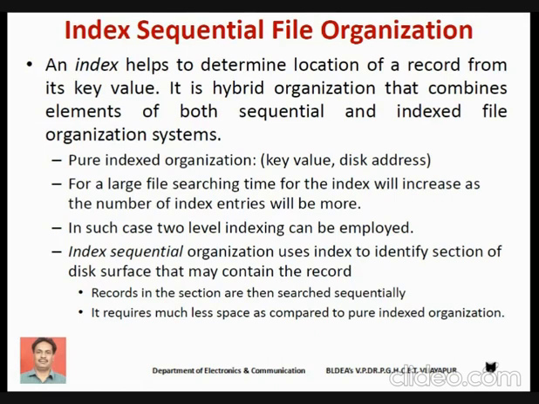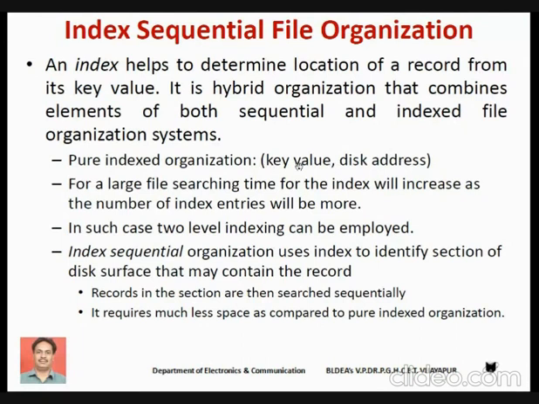In index sequential files, we can have pure indexed organization and index sequential organization. In pure indexed organization, the index table is maintained like this: the key value and the address of that record on the disk.